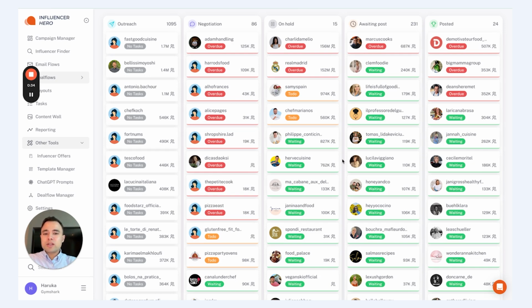Now, the reason you might want to create multiple deal flows is if you have multiple campaigns running. So let's take the example, you have a campaign on Instagram, YouTube, and TikTok. What you ideally want is to split them up into separate campaigns and separate deal flows, so you manage them in separate deal flows. Now, you don't have to, you can also do it in the same deal flow, but